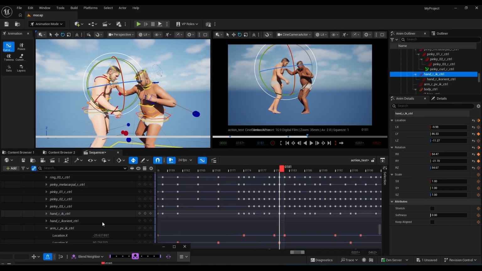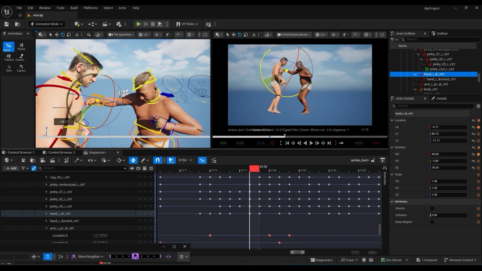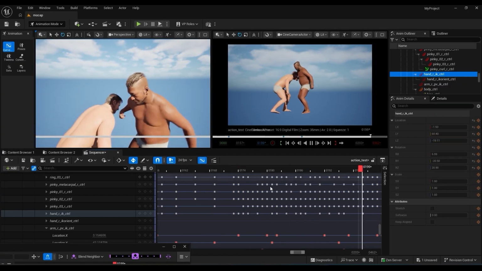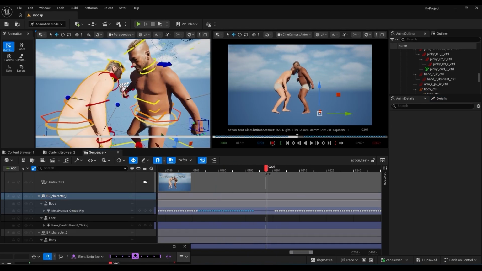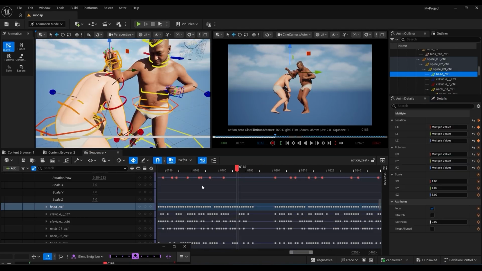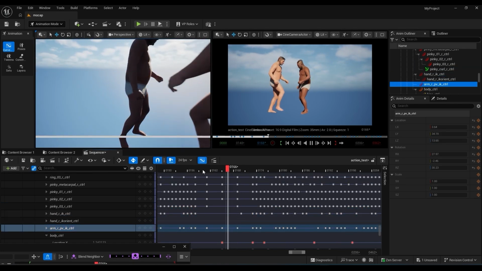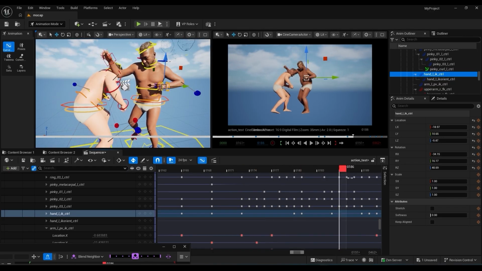Next, we need to adjust character 2's incoming punch. I don't want this punch to connect. I want it to miss completely while character 1 ducks underneath. Following the same workflow shown earlier, I will tweak the body pose using both viewport transforms and curve adjustment in the graph editor. However, the punch currently lacks power because